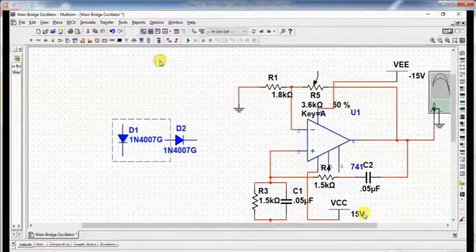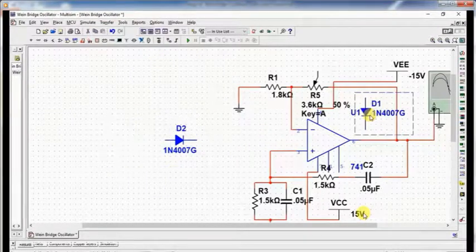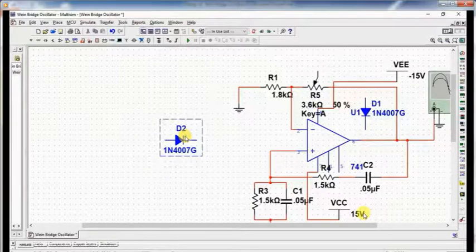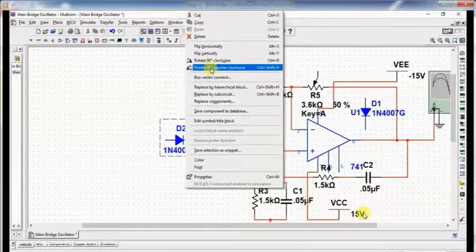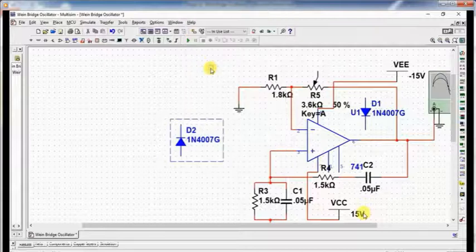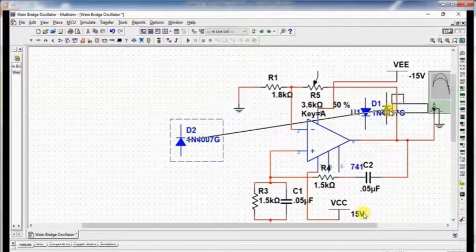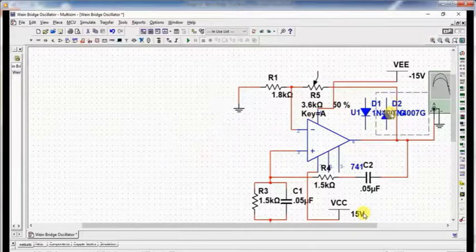So rotate it like this and connect it here. Again rotate 90 degree and like this, and then connect it like this.